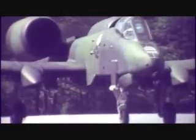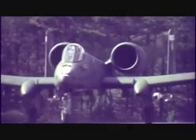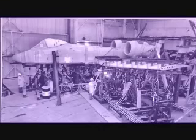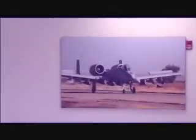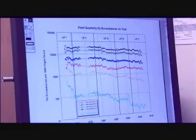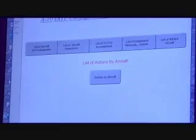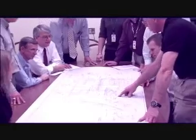The A-10 Aircraft Structural Integrity Program, ASIP, ensures that the aircraft structure will remain safe and serviceable to keep the Warthog in the fight for years to come. The ASIP program began with testing at Fairchild Republic Company at Wright-Patterson Air Force Base to validate the original planned service life. With the mission requirement to extend the service life through 2030 and beyond, the OEM team at Northrop Grumman in Bethpage, New York and St. Augustine, Florida, together with the Air Force and industry team members, has undertaken a variety of measures to ensure structural